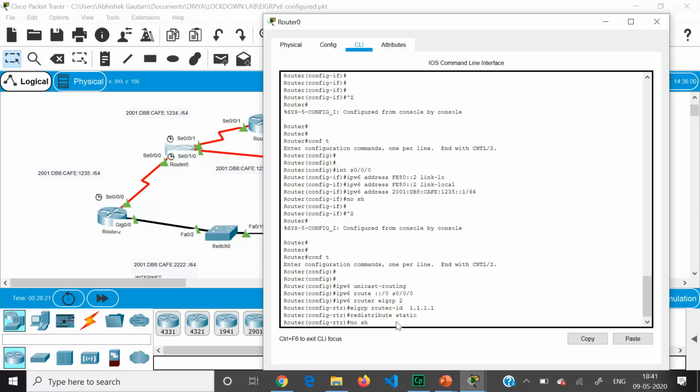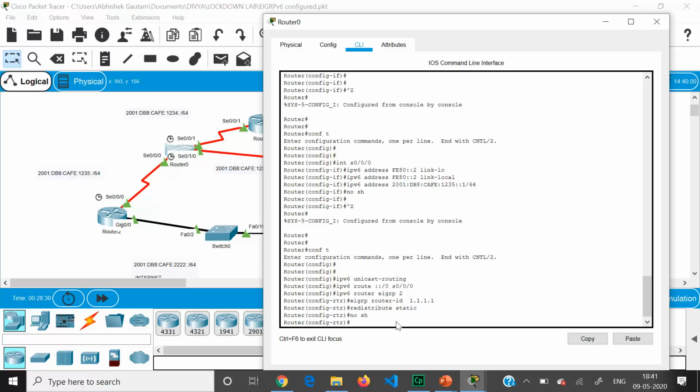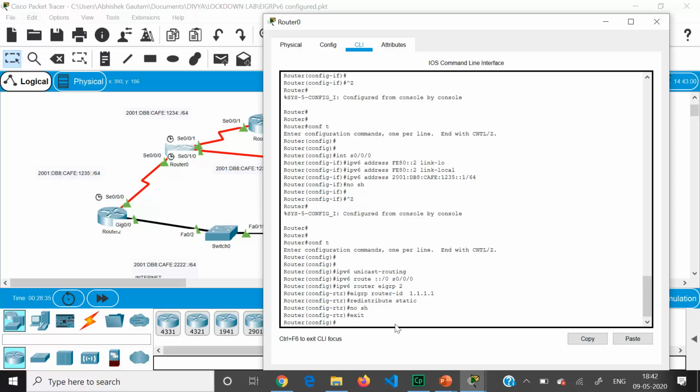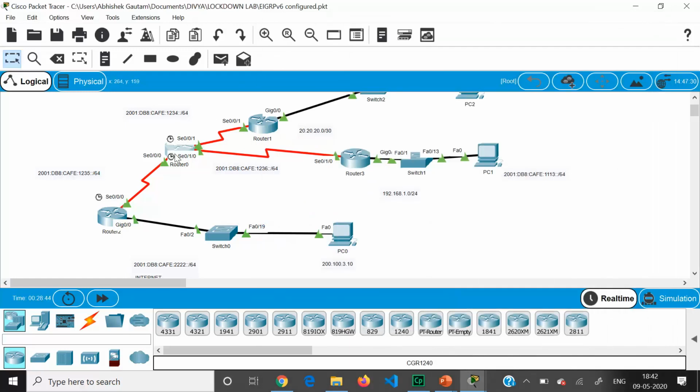In IPv4, interfaces are activated by default, but here they are shut down, so we should manually bring them up. Then we will come out of this router mode and go to each interface on which we want to configure EIGRP. We said that the EIGRP autonomous system is R1, R2 and R0 and R3, not R2. R2 is the internet. So the interfaces between R0, R1 and R0, R3 should be activated with EIGRP. The interfaces that are connected are S001 and S010.